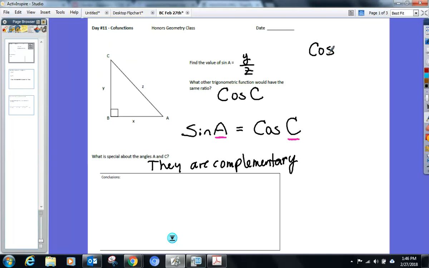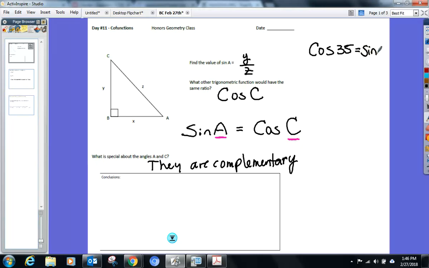Zach, give me an acute angle. 35. Can anybody find anything else that you think would be equal to cosine of 35? Look at what we just did here. Should be sine